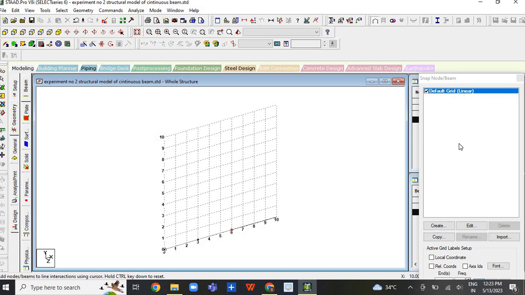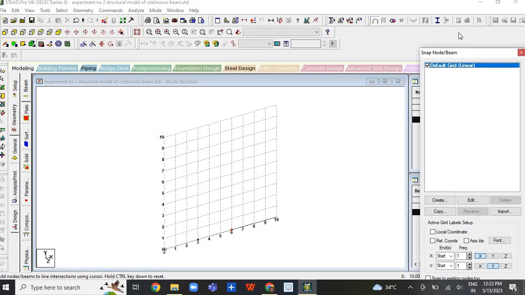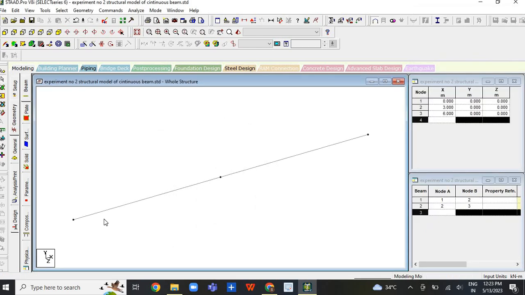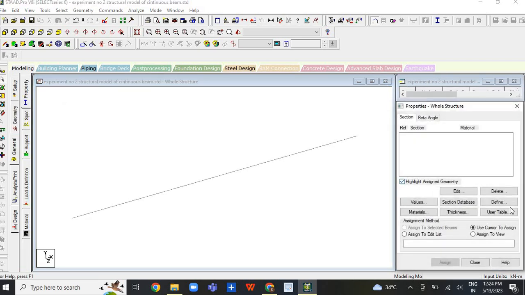Now I will close the snap node. So now you can see 3 nodes and two beams are being created over here. Now in the next step, I have to assign the material property and sectional property to this beam. So I will click on general, and I will click on define,